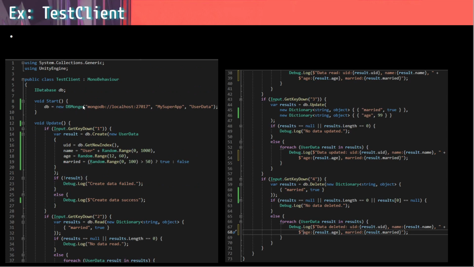So we create one MongoDB here, and we assign the MongoDB to the DB variable. Next, if the user presses 1, then we are going to create a new item in the DB. Just like we see here, we call the create of DB, we implement CRUD. Of course we have a C, which means create. So we also generate a new user data